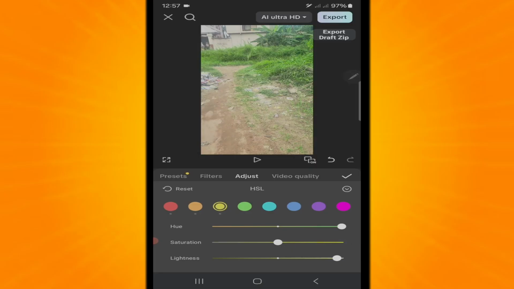So if we go to saturation, we can add saturation, and when you add saturation, you notice that the former colors are coming back. So it's best to drag. If you drag too much, like desaturate, you can see the areas you are affecting. You can see those areas that are dark, these are the areas that this color is affecting. So we bring them back to the green that they are. So boom, is the first